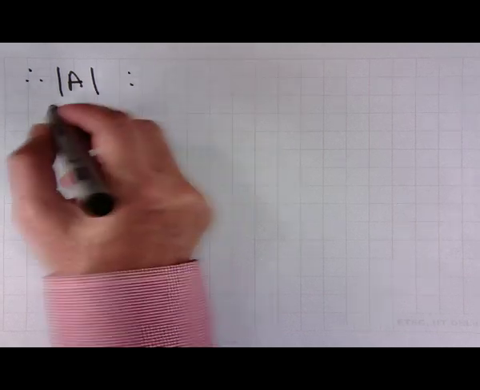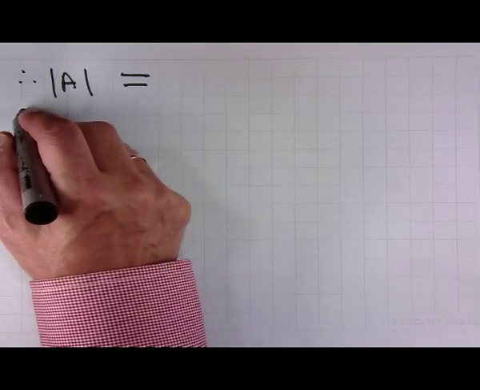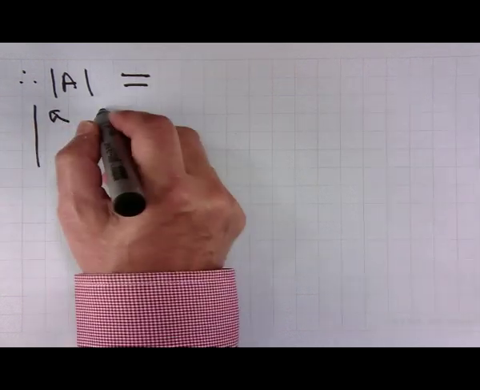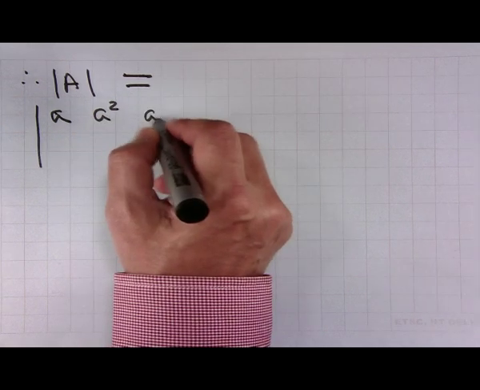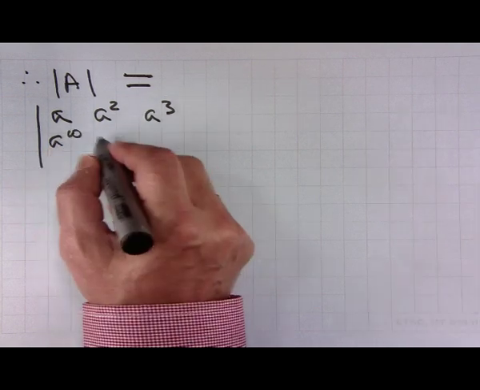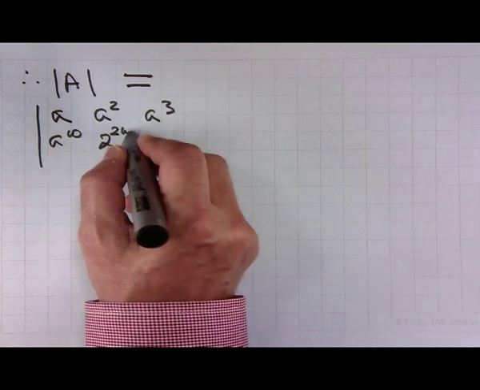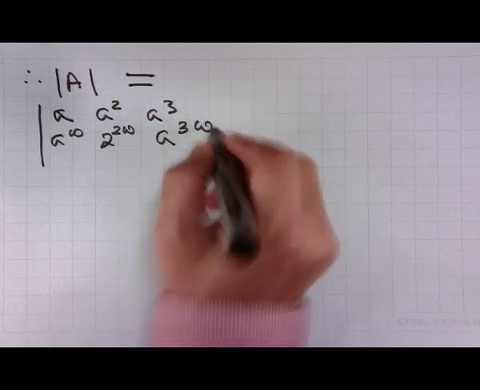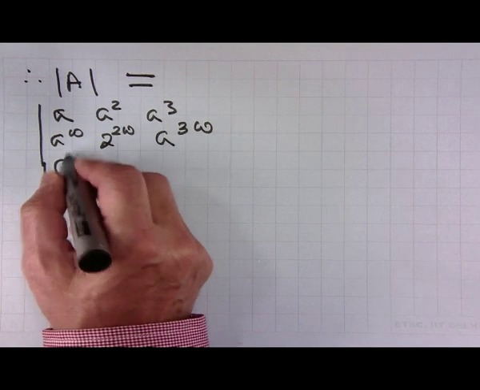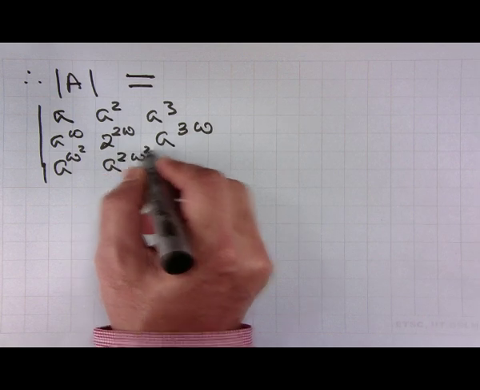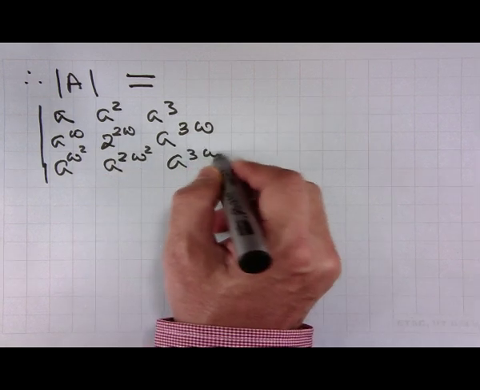Therefore, the determinant of A is equal to the determinant of a, a square, a cube; a to the power omega, a to the power 2 omega, a to the power 3 omega; and a to the power omega square, a to the power 2 omega square, a to the power 3 omega square,